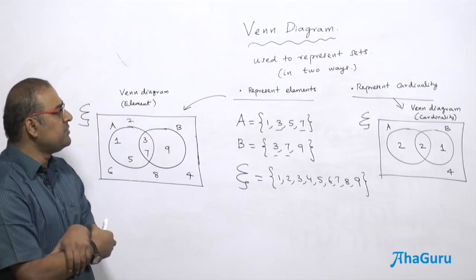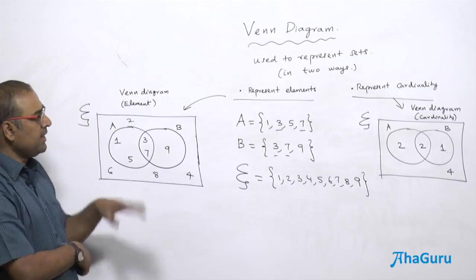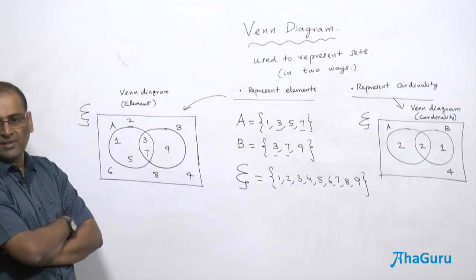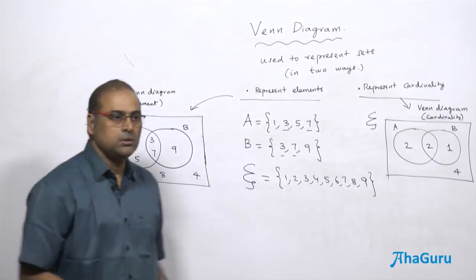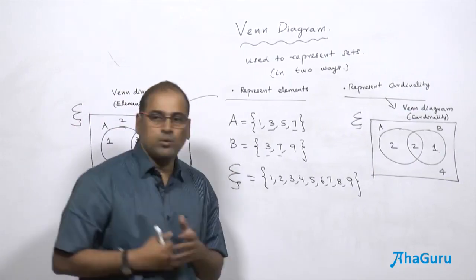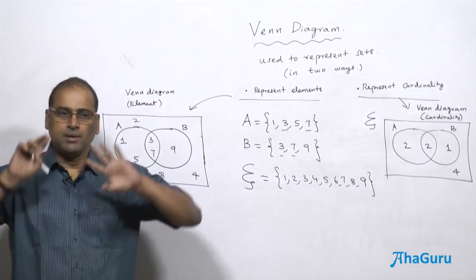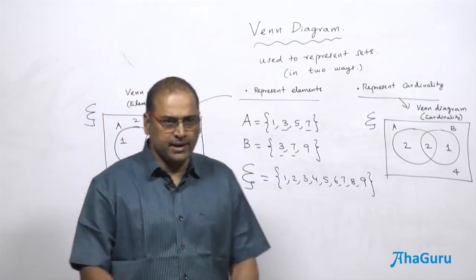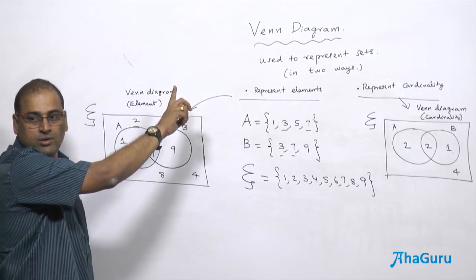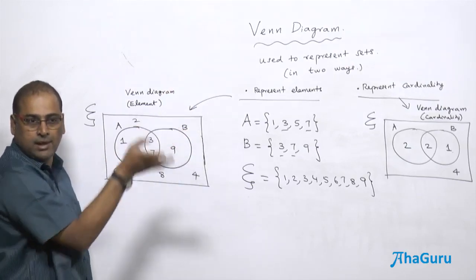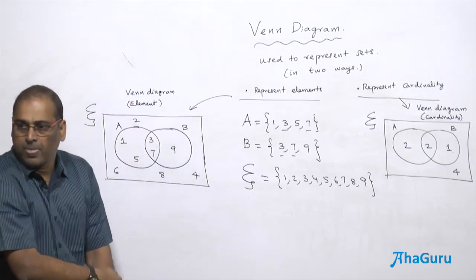So there are 2 ways in which we represent the Venn diagram. You are going to draw it diagrammatically like this. Obviously the universal set is going to be the bigger container and all others you should try to overlap. So here 2 sets you are going to overlap. What if there are 3 sets? Just imagine, I can have a rectangle as the bigger container, or I can even have a circle container. Nobody is going to question you, or you can use an oval or ellipse. So preferably use something different, right?